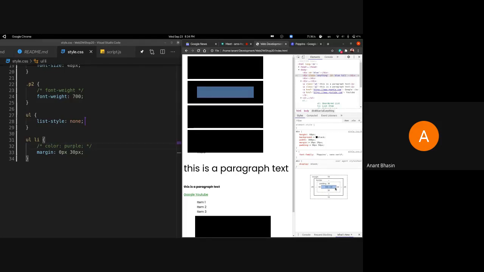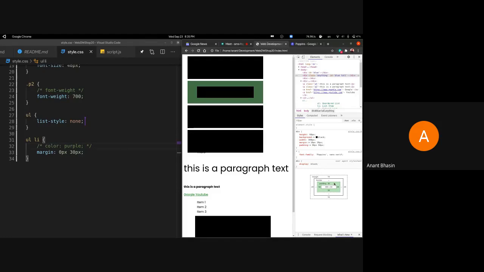Padding and margin. I'm just going to explain that a bit. The element itself has a 300 by 60 dimension, 300 width and 60 height in pixels. Then just outside of the actual element comes the padding. The padding is 50 pixels width wise and 30 pixels height wise on each side.